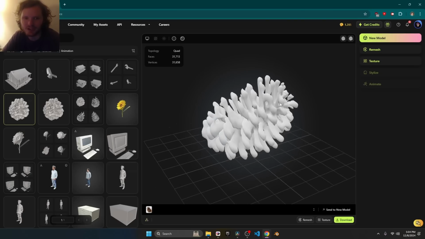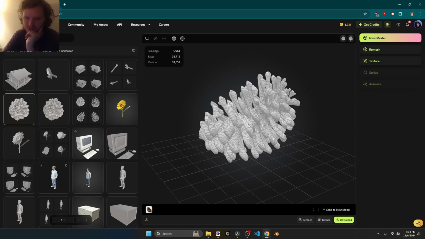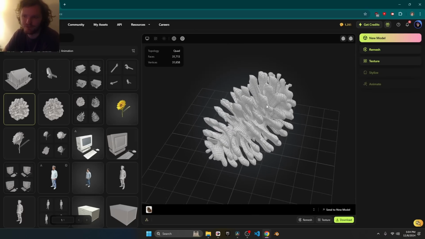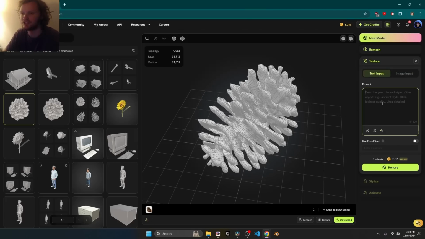Now, over at the pine cone, we have the retopologized 30,000 faces. You can see the wireframe. The retopo seems to be pretty good. I'm not a quadriflow retopo bro, so I don't know. And then if you go to material preview, you're not going to see anything. That's because we don't have a texture, which can be synthesized either from the image itself, which would make sense. You want to have the pinecone texture come from the actual thing we generated from, or you could just use a text thing. So let's do photo realistic pinecone 50 millimeter 4K. Basically, I'm just typing in words that are synonymous with quality.